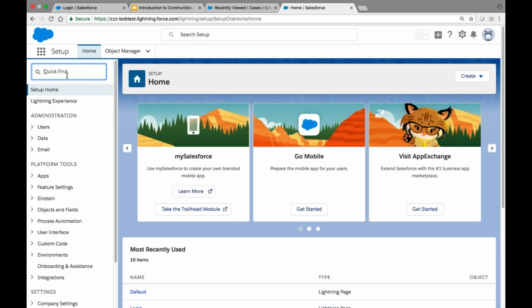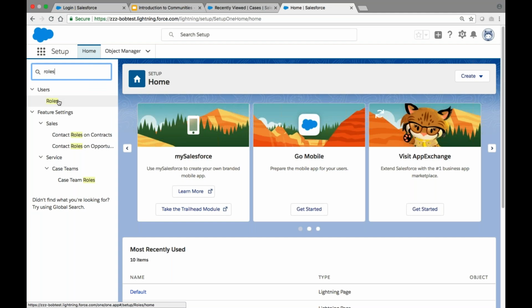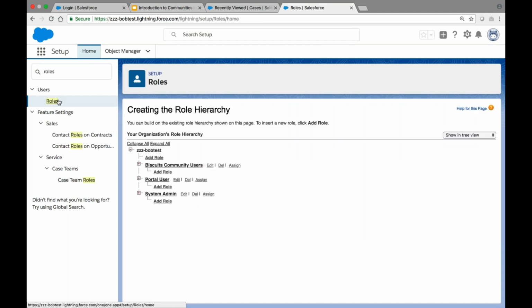In the Quick Find box, type in the word Roles, and then select Roles from the menu. Please note that if you haven't already set up roles, you'll be prompted with the Set Up Roles button before you can continue. For the purposes of this webinar, we have already had some roles set up.